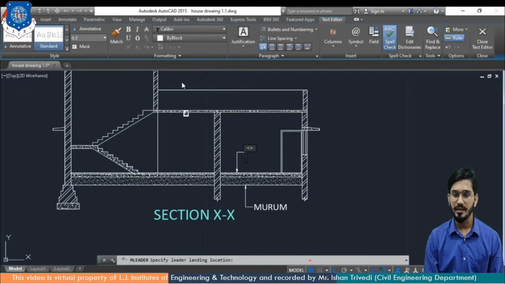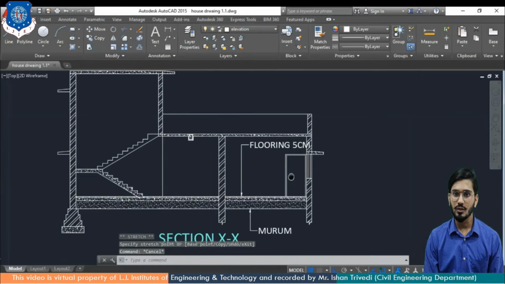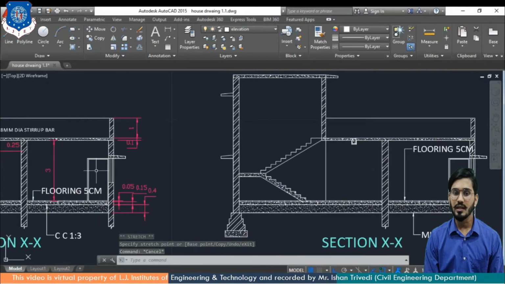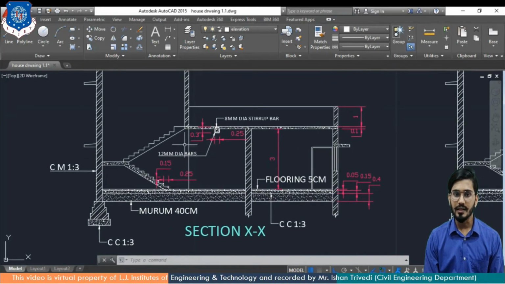And I'll just type floor having 5 centimeter thickness. So you can position it everywhere wherever you find the space. I'm just locating here. Similarly, you can apply this M ladder command and do suitable changes.